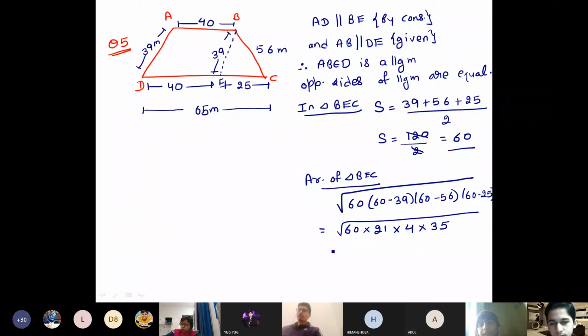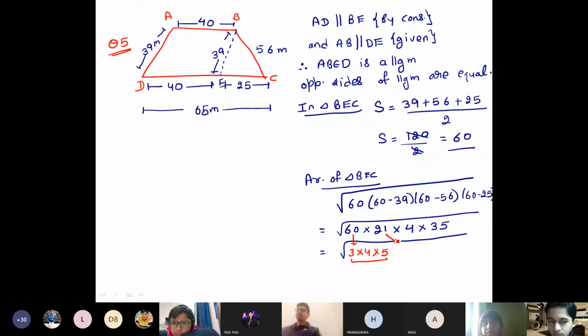35. Okay, now just see, students. How can I solve this? Okay, now everyone just listen. I'm writing this 60 as, see, 12 fives are 60. 12 can be written as 3 into 4. I can write this 60 as this. Yes or no? Yes, sir. 4 threes are 12, 12 fives are 60.